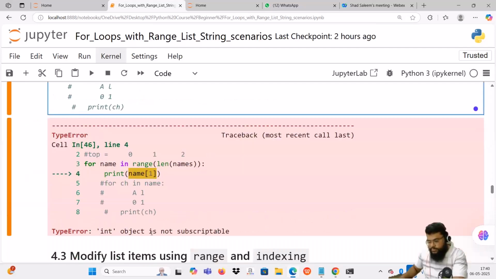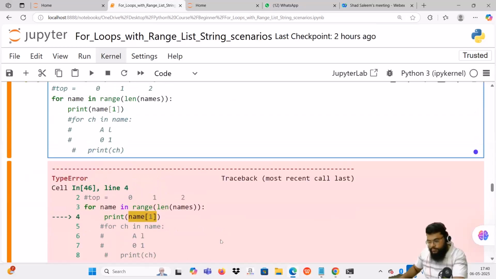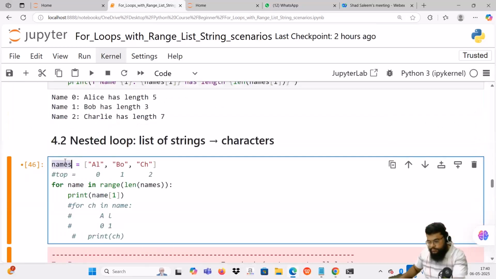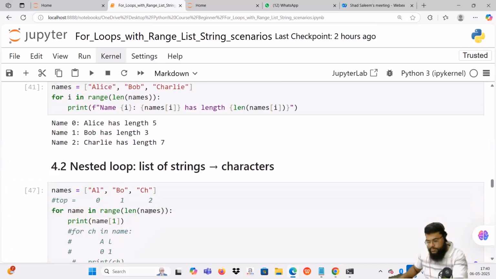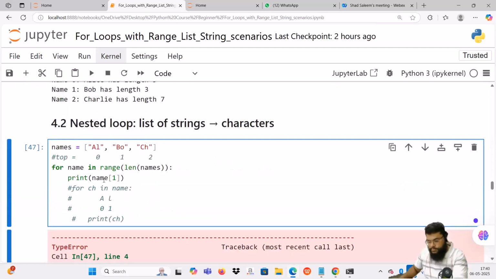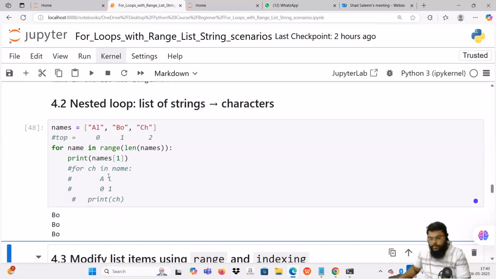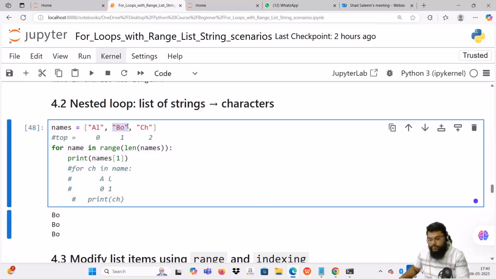Indentation. So what's the error? Int object is not subscriptable. It's saying this object is an integer. So what I'm doing is directly accessing this value, since I know I have BO here. Now I will write another for loop: for ch in name. Now inside the for loop,